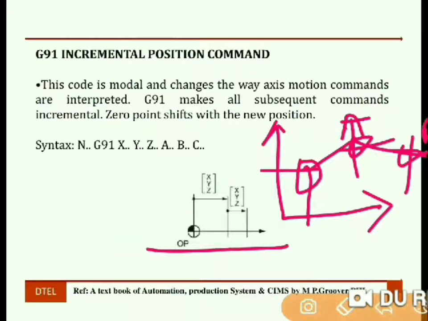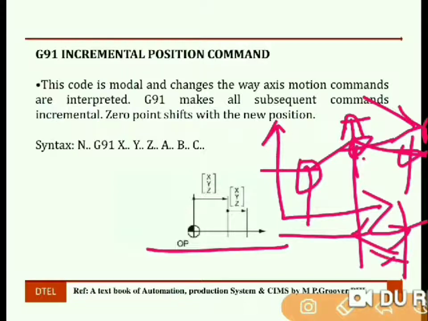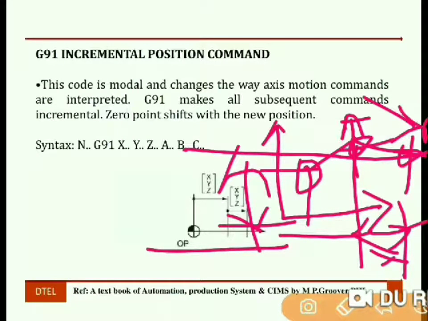If we want to move from A to B, then we have to measure the units from the current position, means the A to B difference, the X difference and Y difference. So this is known as the incremental positioning system.